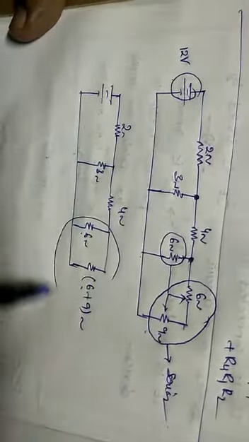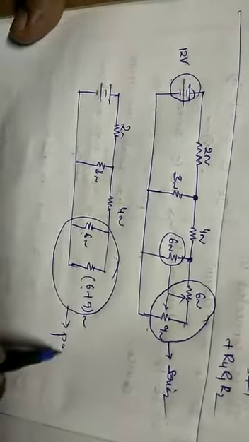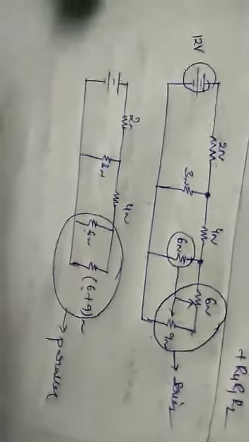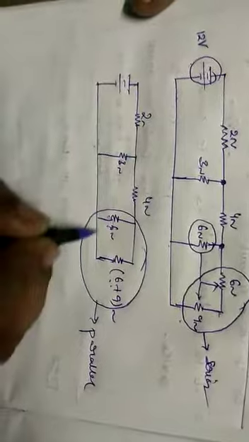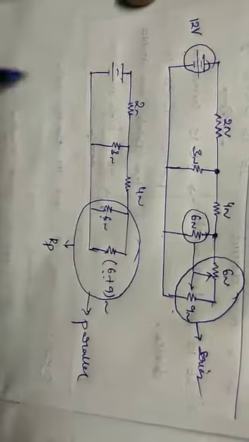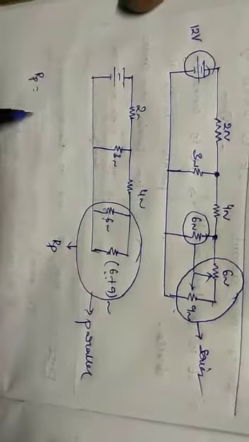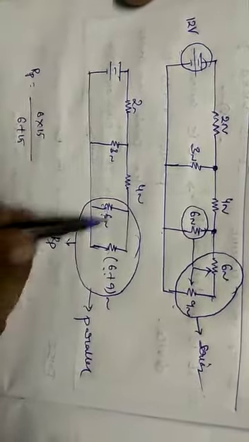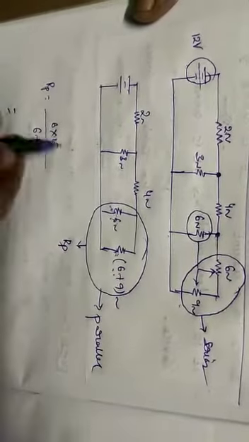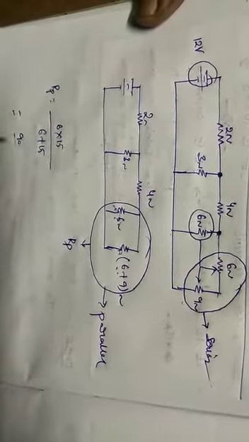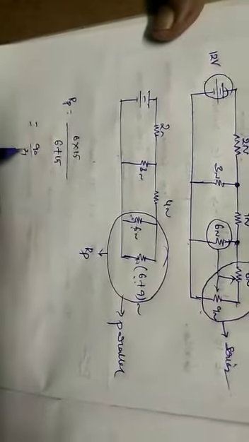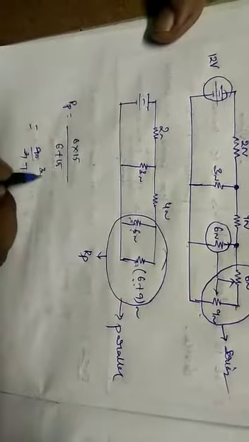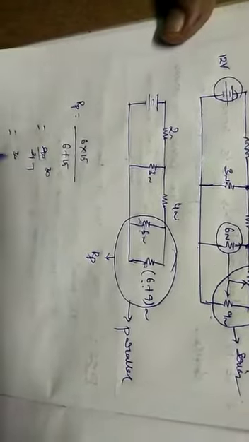Now these two are in parallel. See, this is 1 by 1 together. So 6 ohms and 15 ohms, we get this as Rp. So Rp is equal to 6 into 15 by 6 plus 15, because there are two resistors only here. So 6 into 15 by 6 plus 15 means 90 by 21. 90 by 21, 3 7s are 21, 3 30s are 90. So 30 by 7 will come.